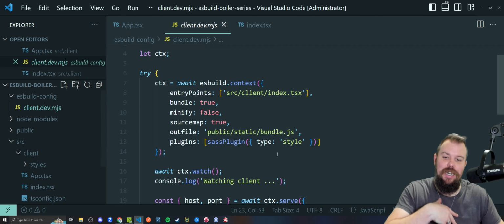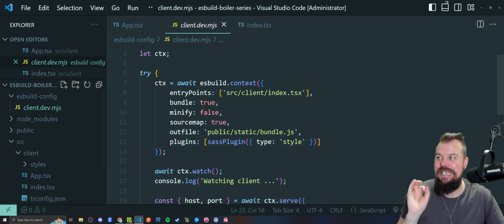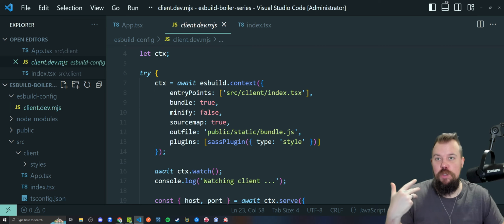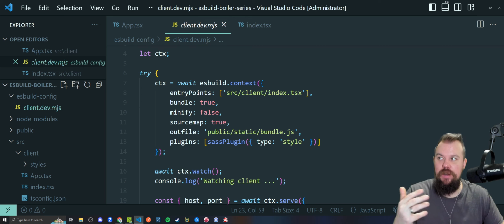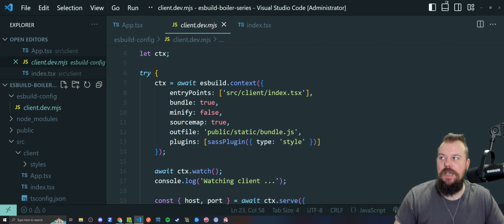It's so much faster and so much easier than Webpack. If you look at a Webpack config that has to do all this, compare it to this and how simple and clean and easy it is. I'm a huge fan of ESBuild. It's already won me over. I built projects with Vite, which is where I learned about it. Vite is another way of building React apps, and it uses ESBuild in the background, and it is lightning fast. So go check out Vite, build your own here, and learn as much as you can, and long live ESBuild. Let's hope they don't do some stupid API changes that break everything I've taught here within a couple